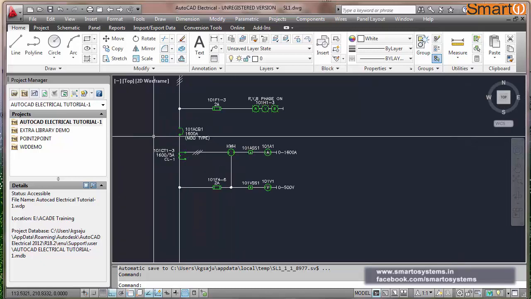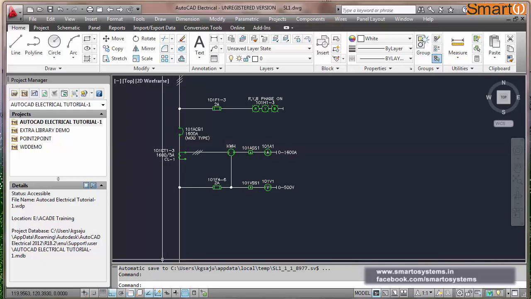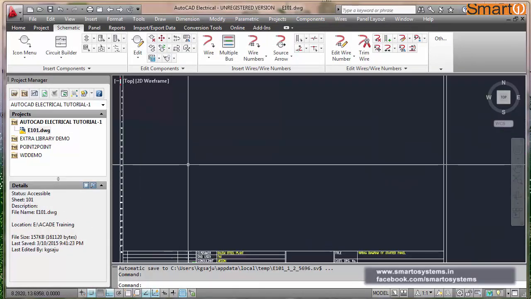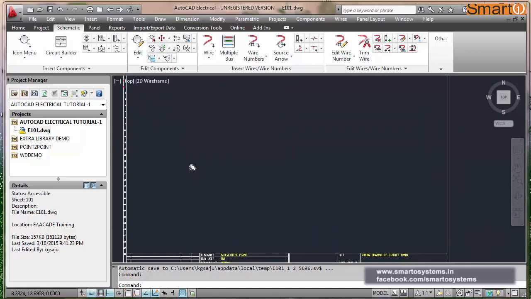Again, this is one of the methods which I am going to show you. You can draw it in many ways. I use a different method, but here I am going to show you, considering you as a beginner in AutoCAD Electrical. There are many easy methods, but I will show you the simplest one. This is my title block. Here I am going to draw a